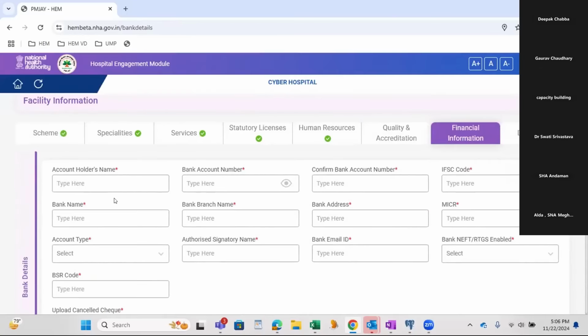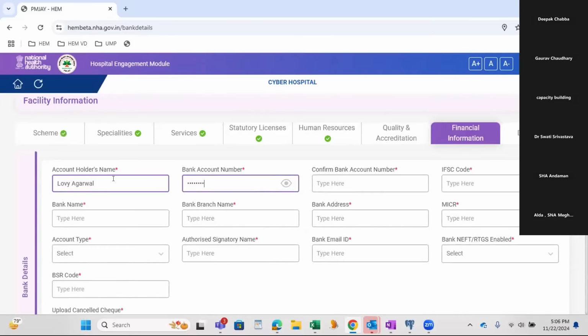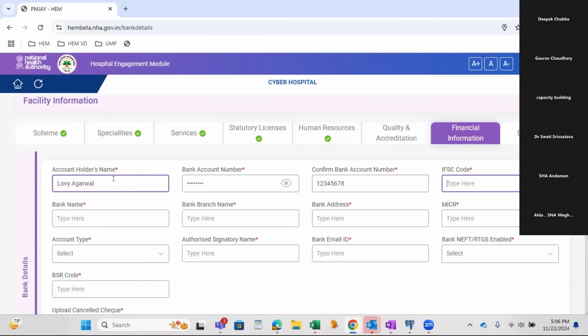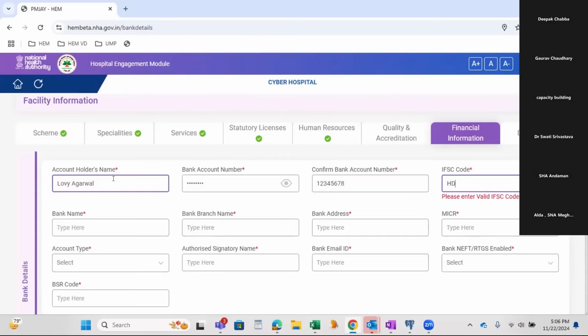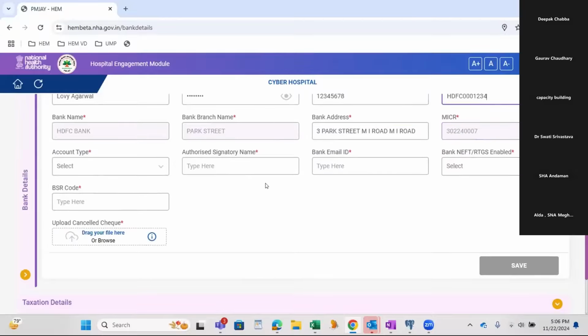This is the financial information tab where we will enter the bank details and all the account details. So this is the account holder name, the account number, IFSC code. If you see, the moment I enter the IFSC code, the bank name, branch name, all these fields will be auto-populated.